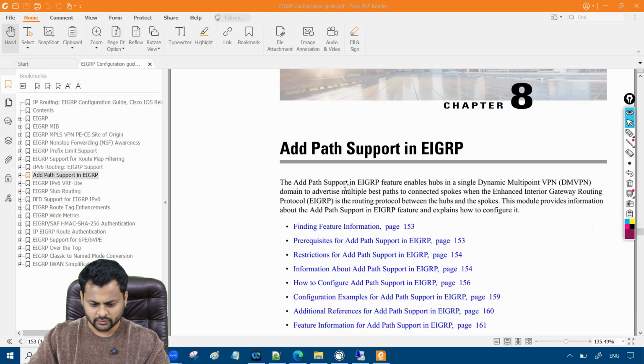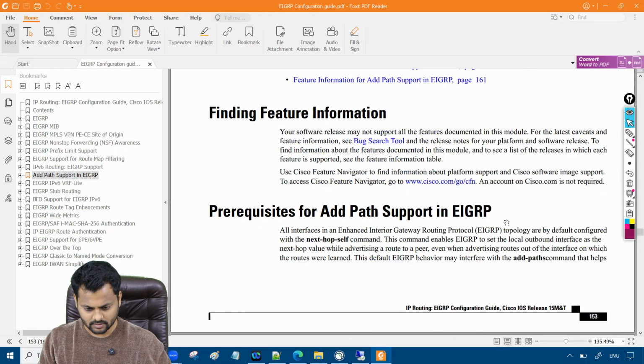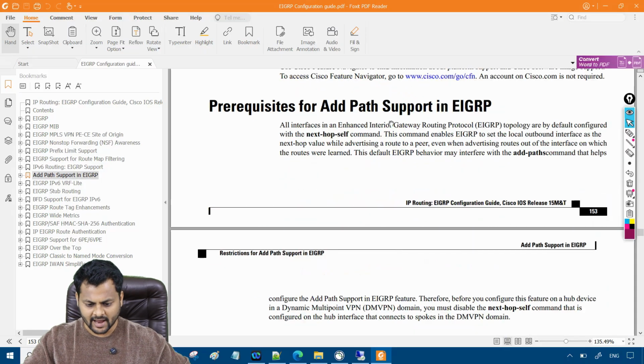So the add path support feature is what you're going to use in DMVPN. First of all, for the add path support feature, by default the next hop self is enabled. You need to disable next hop self, and once you disable it, you can enable the add path feature.